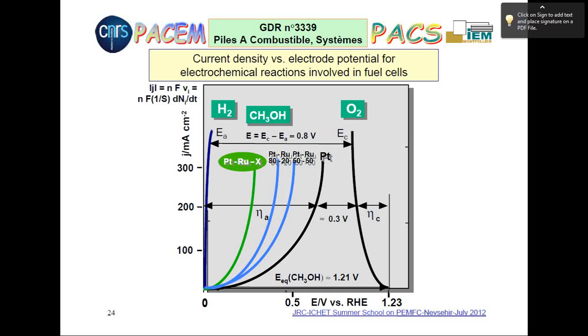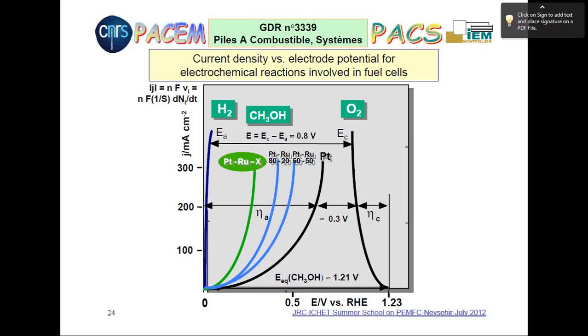You have to think that oxygen reduction is a negative reaction. Normally it's like that. But I take the absolute value because in the circuit, if you have the same surface area, you must have the same current density, the same intensity of the circuit,